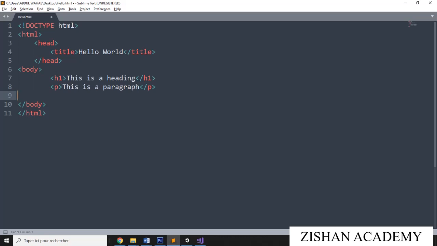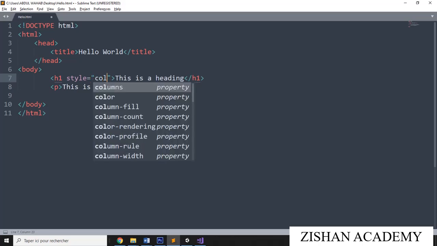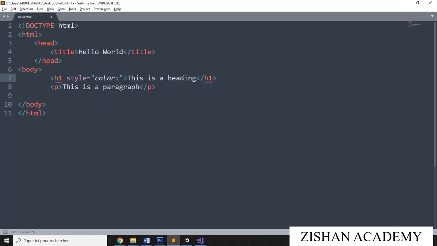First of all, we will go for the inline CSS. For inline CSS, you can give the style here inside this H1. Suppose I want to give some color for this text, I am giving red color here, and then semicolon.